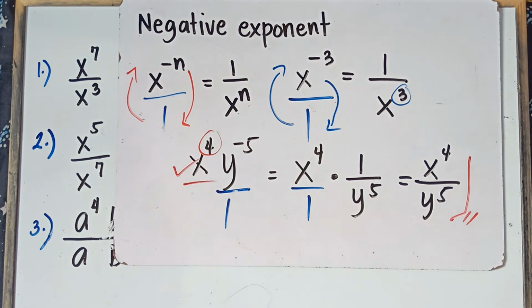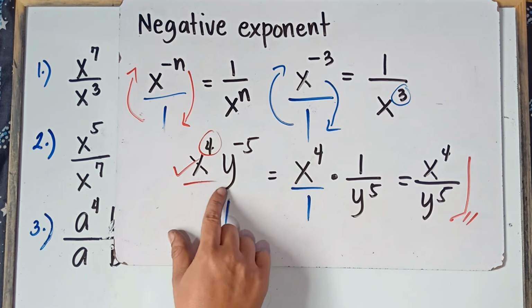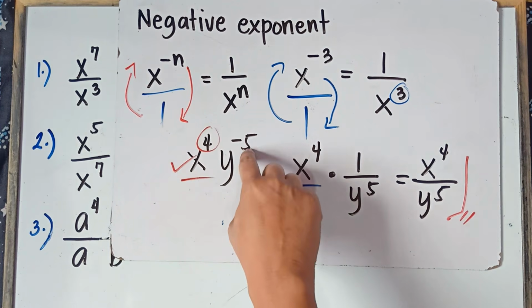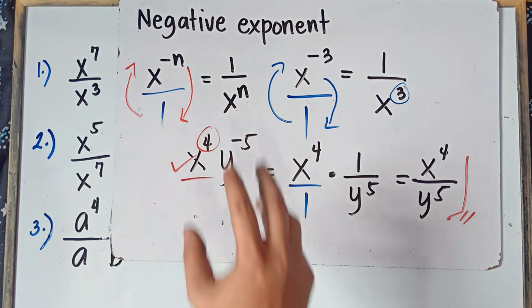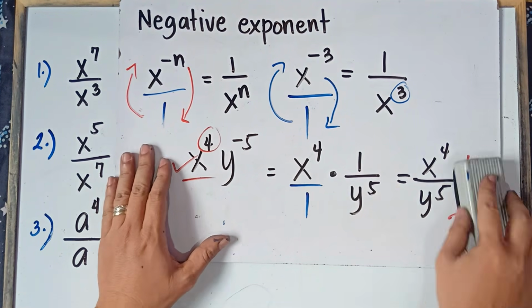But there is really another shortcut way, class. If this is a negative exponent, class, on the numerator, just simply put this 1 class on the denominator and it will become positive. Simple as that. Another example class for you not to be confused.